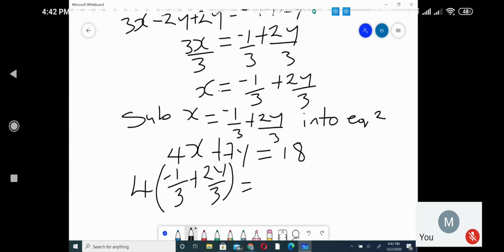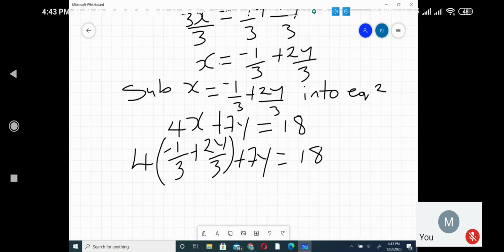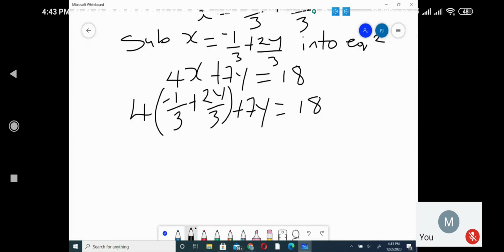Are we missing something else? Remember, all of what is in the bracket is just the value of x. So what else do we need to do? Right, plus 7y equals 18. Very good. Now 4 times negative 1/3 equals